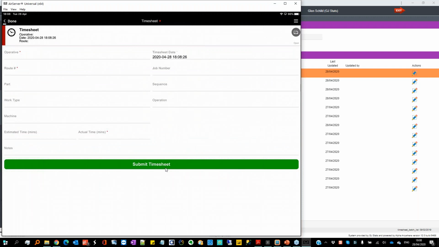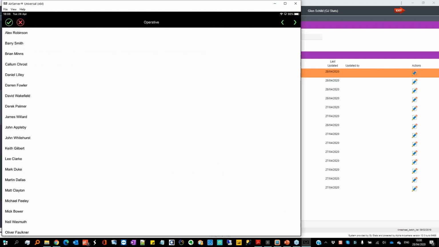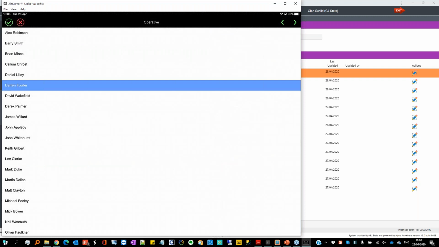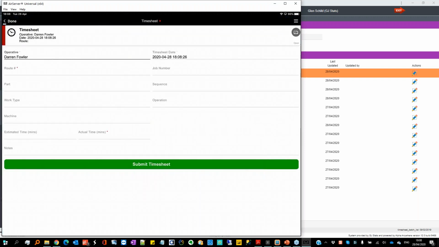The timesheet one is designed to do a single record entry per time they run this form. So this is still in testing, but what they can do is pick up who they are. So I'm going to say it's him from the list. And now you can see here there are mandatory fields. There's a red dot here to say we've got mandatory fields, which are the route number, and at the minute, the actual minutes, but something else will go. So if I just bring back up,